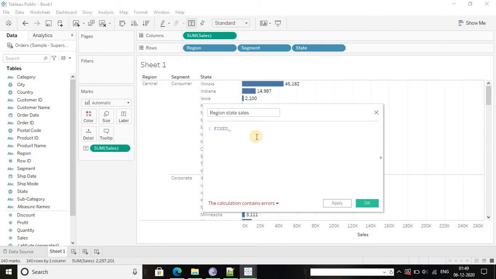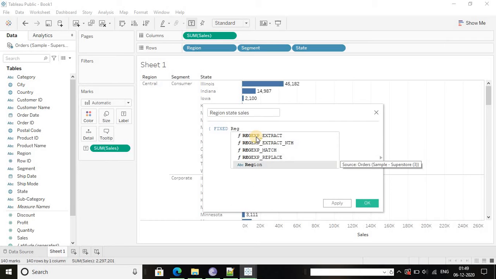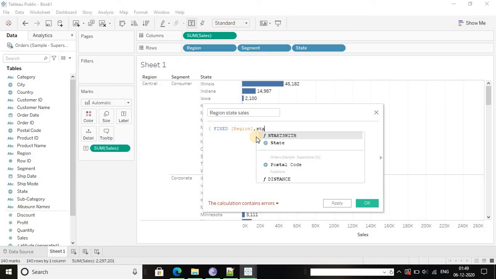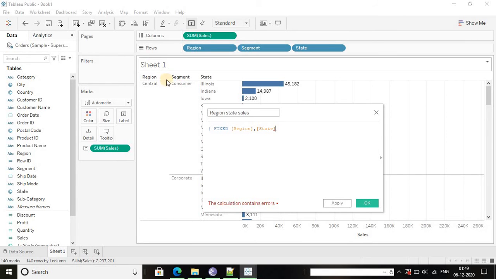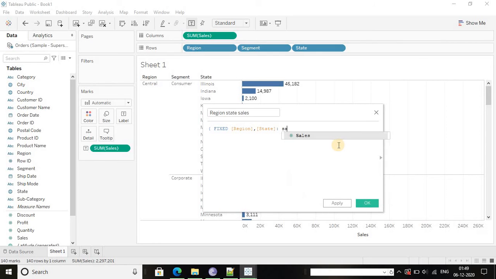By fixing the region comma state, it will neglect the segment from the granularity level. It only fixes the region and the state in the granularity level. I am going to find the sum of sales.